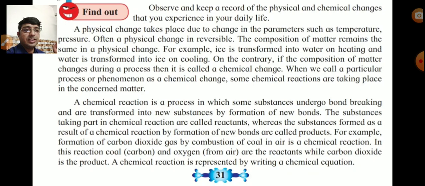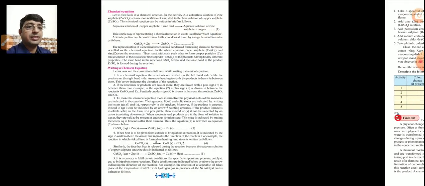So, by using these two paragraphs, you write the answer in the form of distinguish. That question is asked for 2 marks, 2 to 3 marks. If a 2 mark question is asked, then write 4 points. Each correct pair in distinguish, you are getting half mark only. See on the next page.